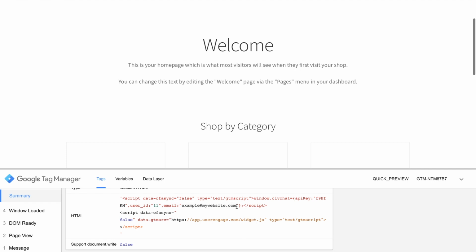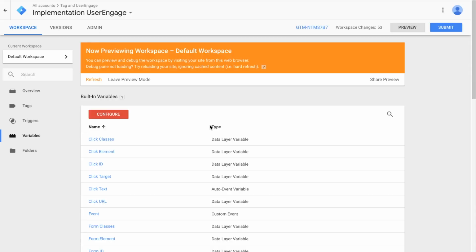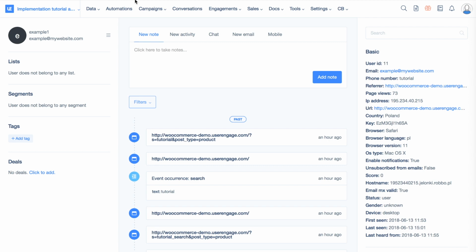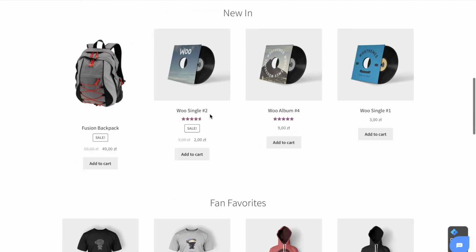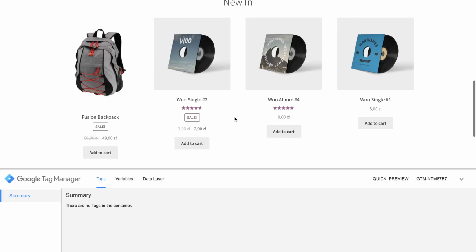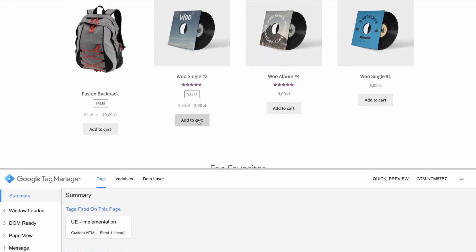As I said in the previous tutorials, if your website does not include user ID in the data layer at all, you have to make sure that the developer does that, so that he lays out the user ID in the data layer. Alright, so this is part 1 of the customization. Let's move on to part 2. The second thing is that we have to check if all the events are being triggered correctly. So, for example, I'll refresh now. And let's add some product to cart. Let's see what happens. As you can see here,